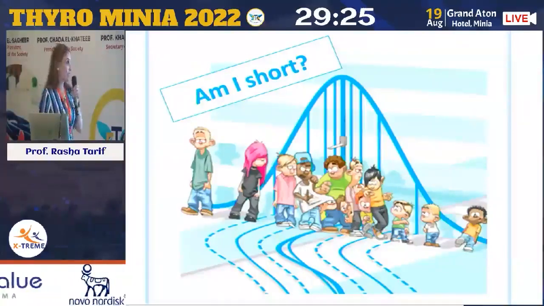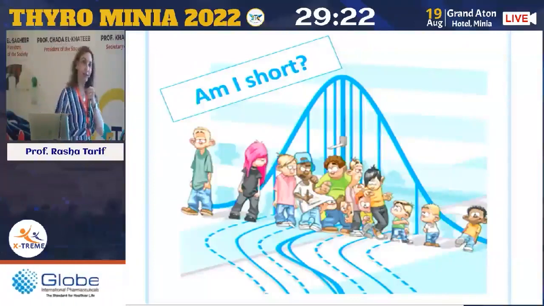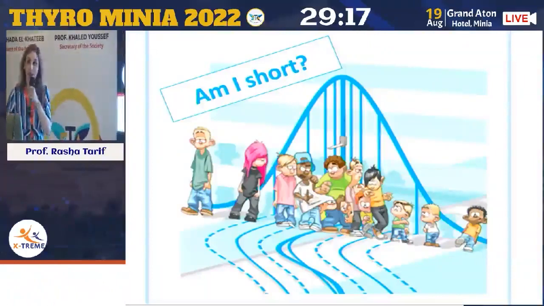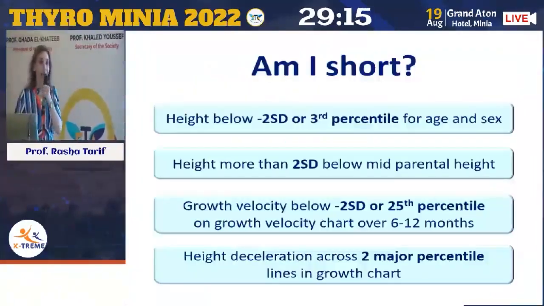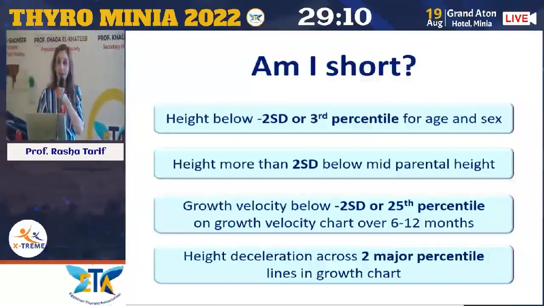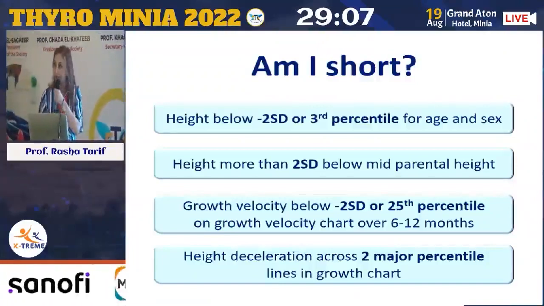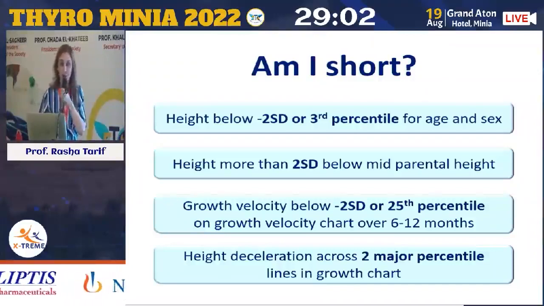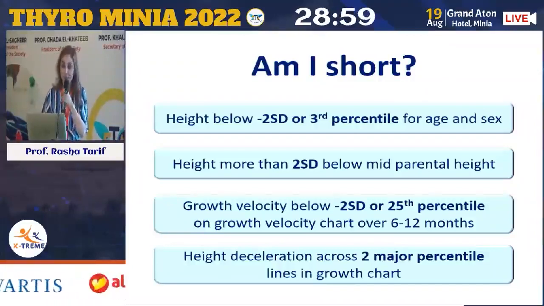And as you see, most of the children lie at the middle of the bell chart, with some of them being extremely tall and others being extremely short. And from here came the definitions of short stature. And this is a height below -2 standard deviation or third percentile for age and sex, height more than 2 standard deviation below mid-parental height, growth velocity less than -2 standard deviation or 25th percentile, and finally height deceleration crossing